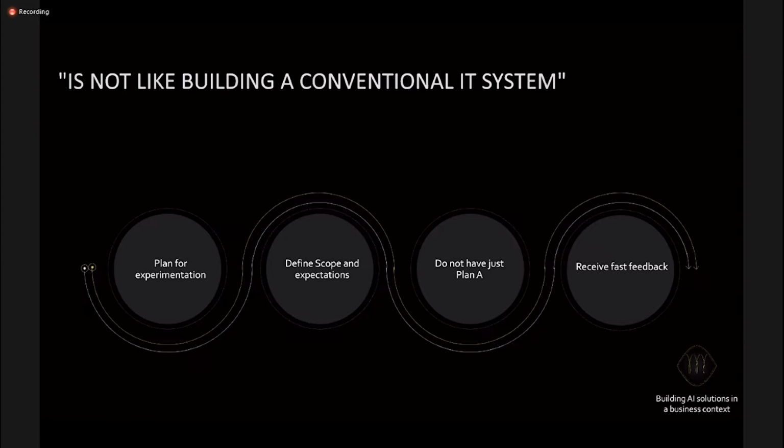You also need to define scope and expectations. So as I told you before, for an IT system it's easy. It works or it doesn't. There's nothing left to chance. But for a recommendation system, it's not always going to work. So you need to define expectations. You need to define your goal. So I'm going to build a recommendation system that is going to work 80% of the time. So I am aiming basically for, I don't know, 80% accuracy. Then you can't just have plan A. You need to have plan A, plan B, plan C, plan D,